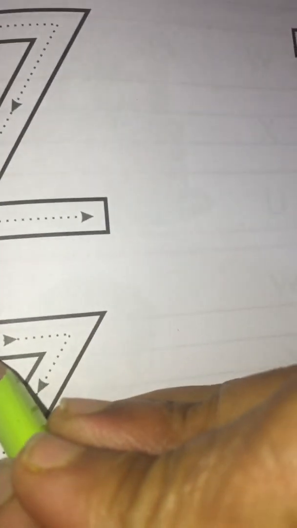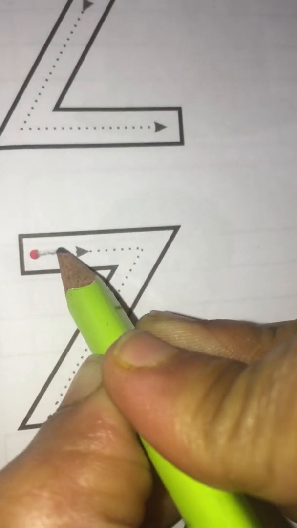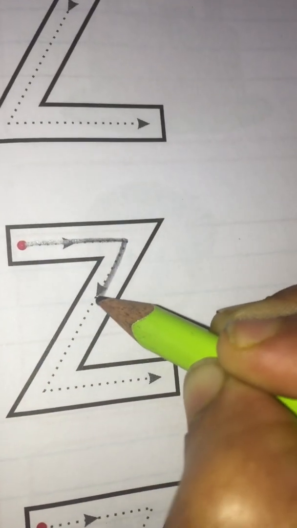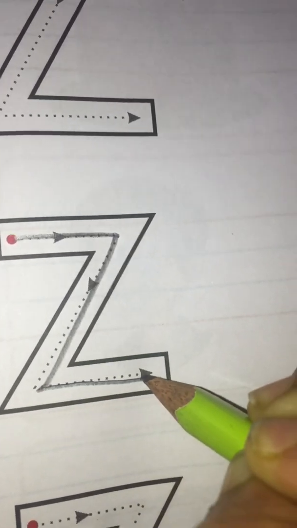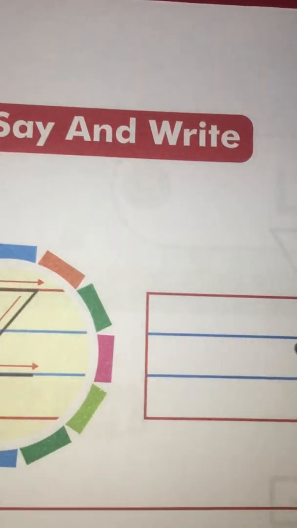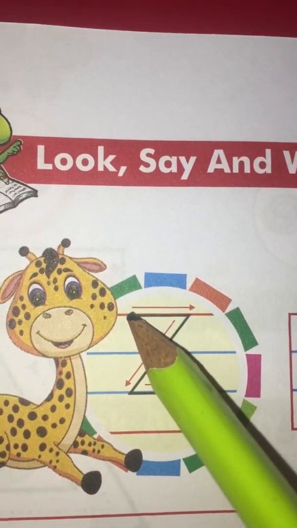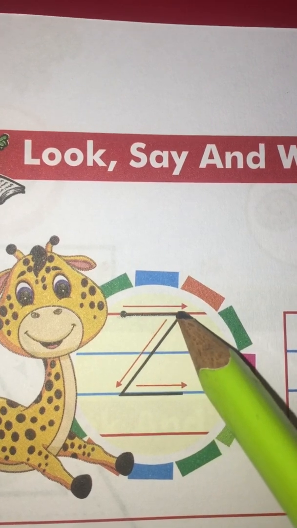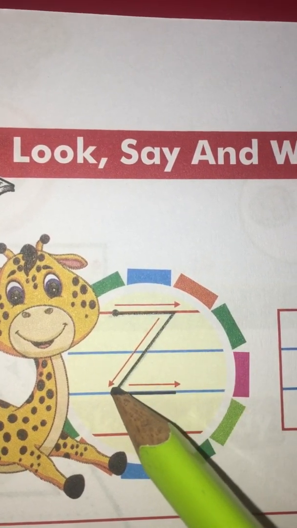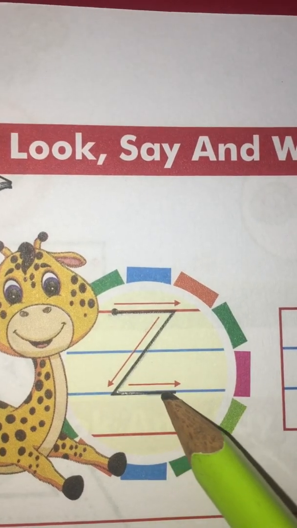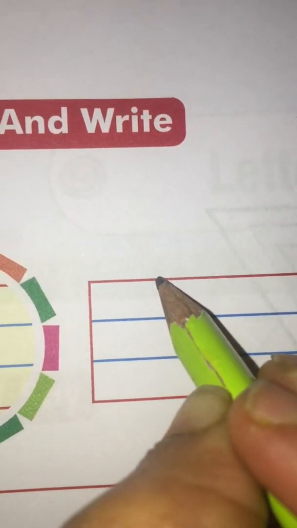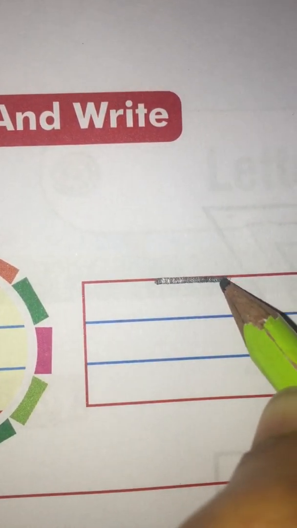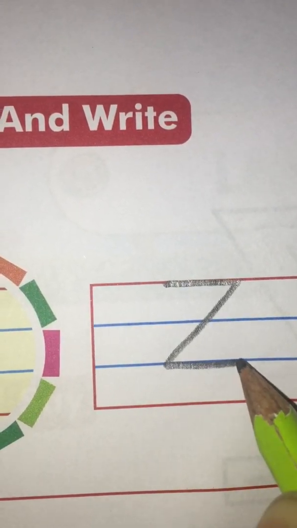Okay, I'll show you the smaller one also. Look. Sleeping line, slant line, and again sleeping line. This is Z. Now we will do it without dots. Look here. And from where you are to start, instructions are also given here. First you have to start from the red line, then come slant till blue line, and then sleeping line on blue line. And we are going to follow the same one. Start sleeping line, now slant line, and then sleeping line.